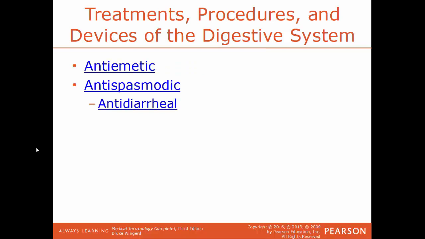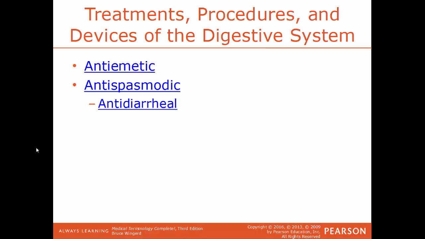Antiemetic, this refers to a drug that will prevent vomiting. Antispasmodic, this is a reference to a drug that will reduce or suppress the spasms of muscle. An example of that would be an antidiarrheal. Medications that are antidiarrheals will suppress the large intestine from having spasms and therefore moving material through the large intestine